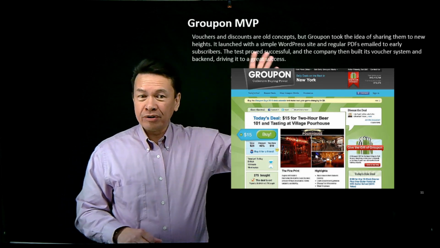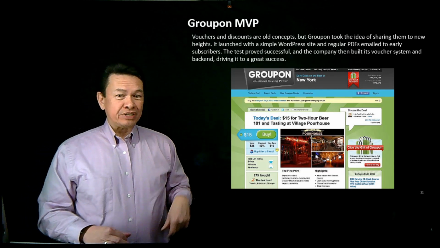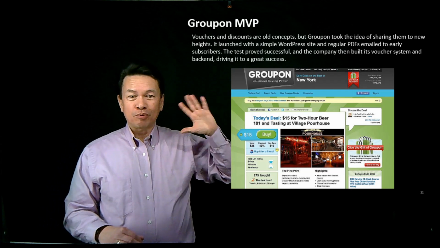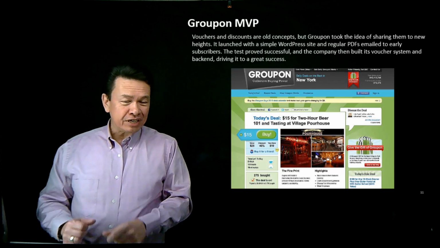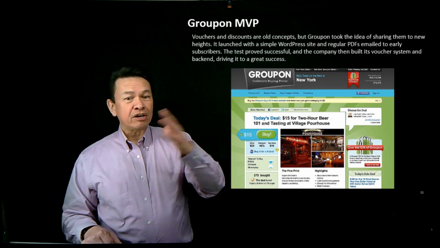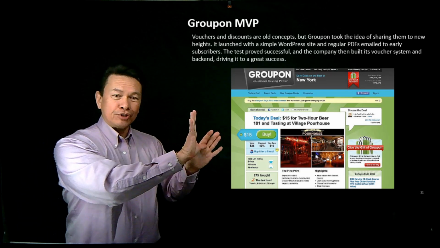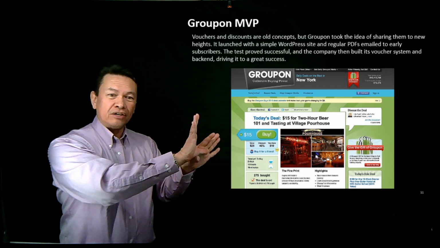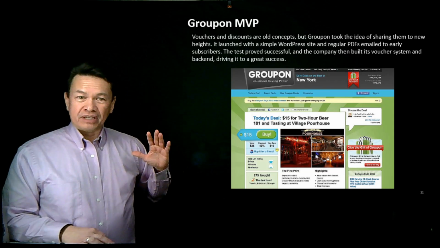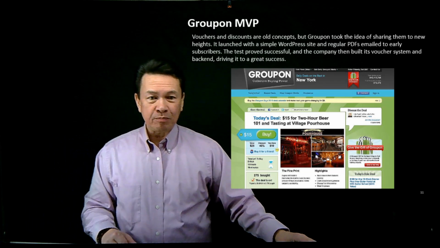When they created their initial version, they didn't have any automation in the back. Essentially, you pushed yes, buy, because they created a simple website, and then someone else behind the scenes created the coupon and emailed it to you. So instead of creating the entire system, they wanted to see if people would actually even do it. If they said they would do it and they could get vendors to actually give deals, then they were going to automate everything. But they wanted to see if they could get customers first. That was their MVP, right?